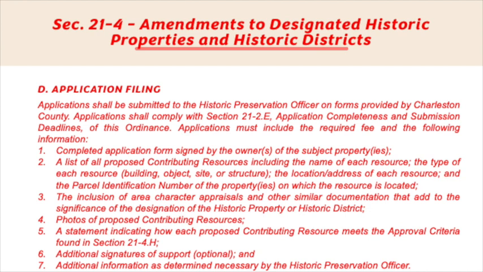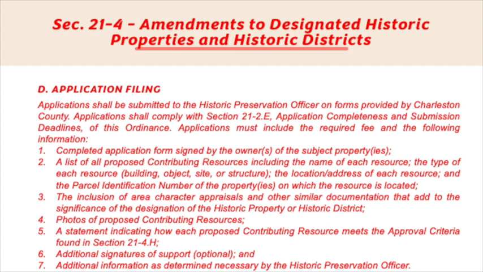D. Application filing. Applications shall be submitted to the Historic Preservation Officer on forms provided by Charleston County. Applications shall comply with Section 21-2.e, application completeness and submission deadlines of this ordinance. Applications must include the required fee and the following information. 1. Completed application forms signed by the owners of the subject properties. 2. A list of all proposed contributing resources, including the name of each resource, the type of each resource, building, object, site, or structure, the location/address of each resource, and the parcel identification number of the properties on which the